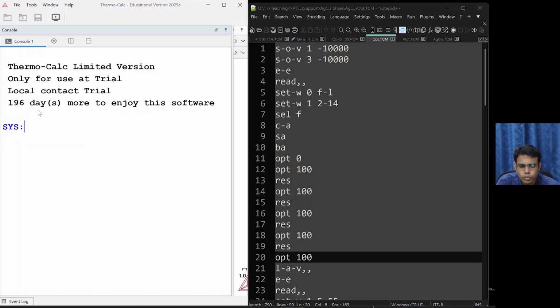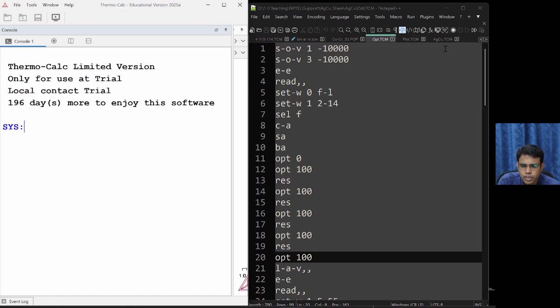Okay, now we have a Thermo-Calc window here, the console mode window, and on the right side we have an opt file, the macro file used for optimization, opt.tcm. This file carries all the right syntaxes and the right values assigned to optimize it, because this has been created over a period of time. Since I am teaching you this in one class, I am using this file and going to show you what things were used to do the optimization straight away.